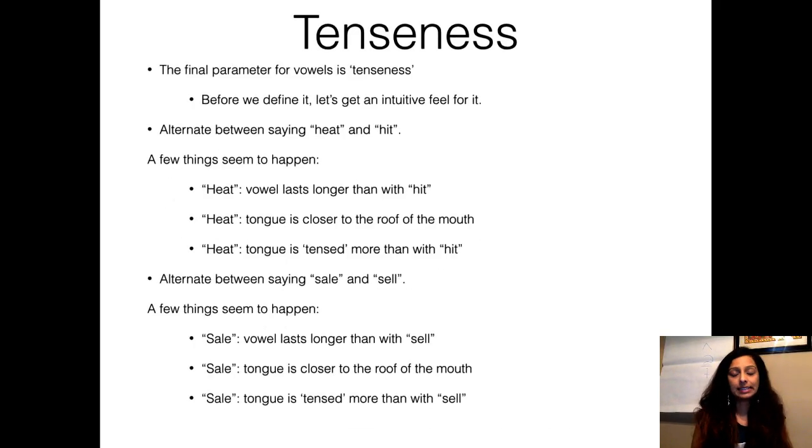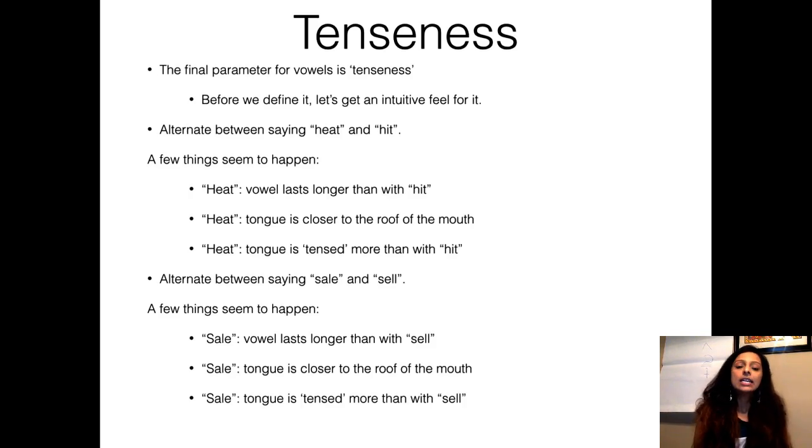The last parameter is called tenseness. And so to understand tenseness, let's again say these words: heat versus hit. Now, as you can see, when you say heat, your tongue is kind of doing a lot more work, right? Your tongue is kind of vibrating in this position compared to hit, where your tongue is doing its work and it's moving on to the next speech sound, which is the t, the alveolar sound at the end of the word. So what happens is when you say heat, it's as if the vowel lasts longer, right,